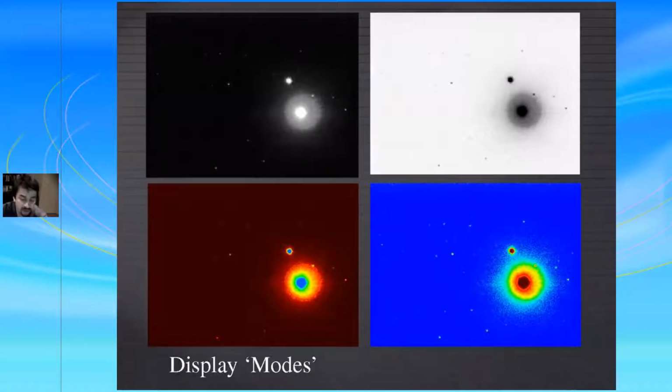The other enhancement, the display modes, is especially useful for the new 12, 14, and 16-bit videos, where it's really very difficult to see stars or to see the difference in intensities in different areas of the screen just by looking at your 8-bit grayscale image.